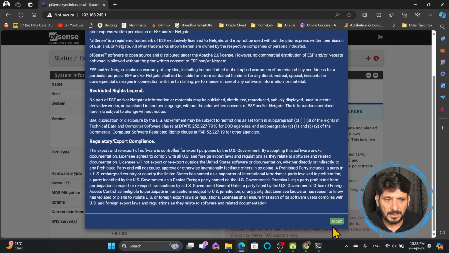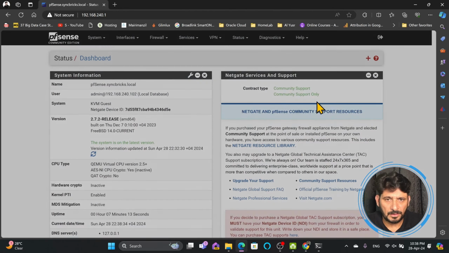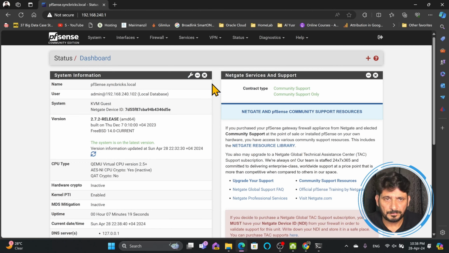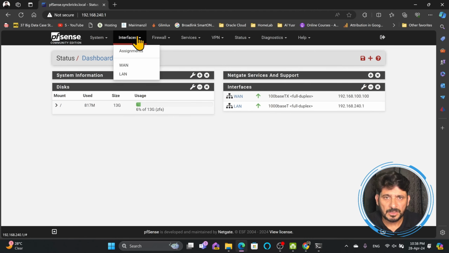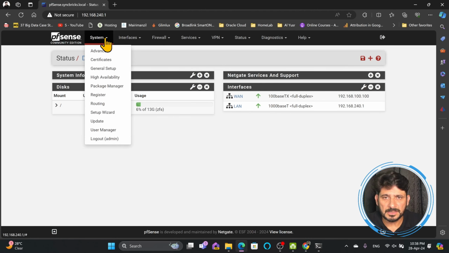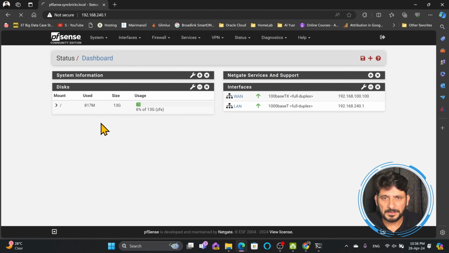You will see here the license agreement. Okay, close, and here we go. Our pfSense is right now running on the hardware and everything is fine here. So I'll be going here to system and I'll check for the updates. Here click on update,